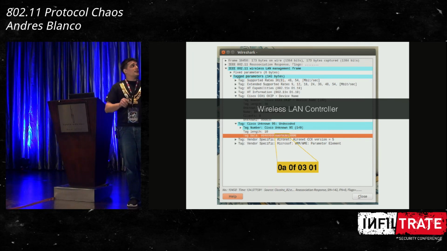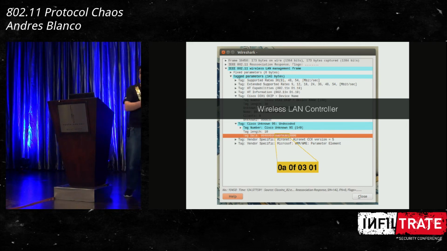In this case, it's a little bit more difficult to grab this frame if you are doing passive monitoring, because this frame is a reassociation request, reassociation response. So when you are moving around a network, your device is always trying to connect to the access point that has better signal. So when you're doing that, you're always doing reassociation, okay? So if you have a device that supports ECX, and when it tries to reconnect or reassociate to another access point, it would send this reassociation request with this ECX feature, and the access point will return internal network information in this frame that, again, is unencrypted, so anyone can read it, anyone that is around.